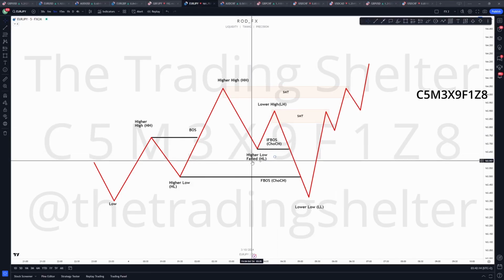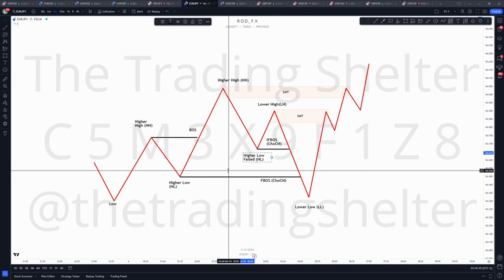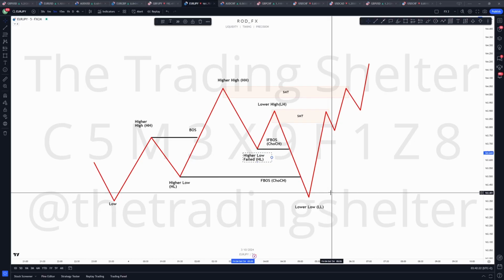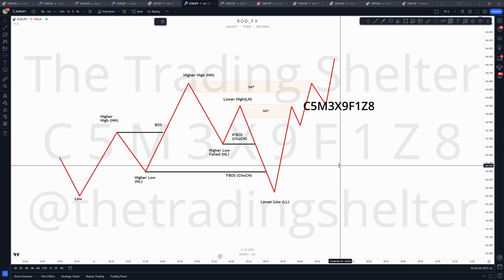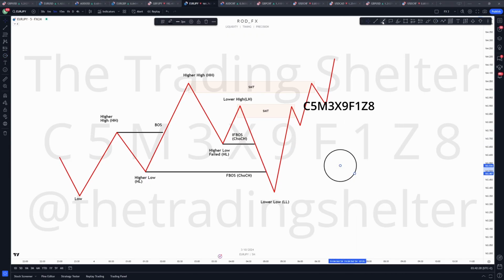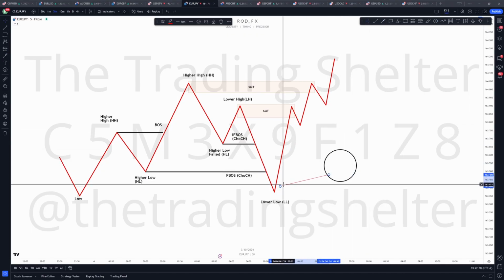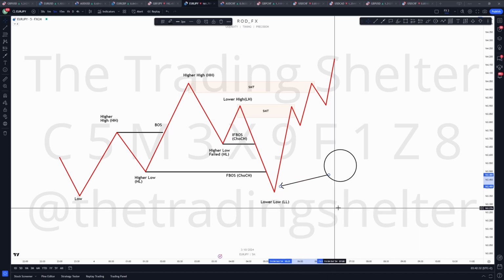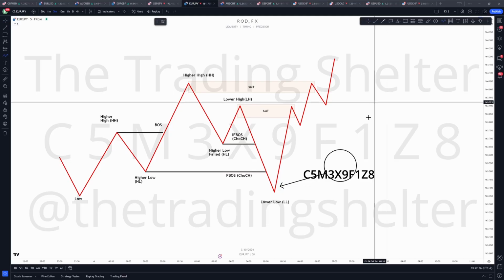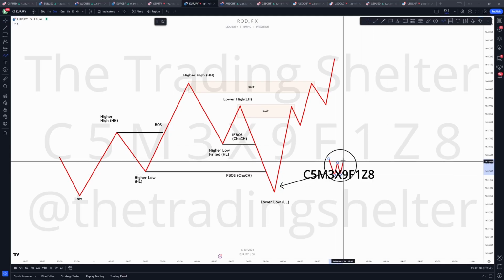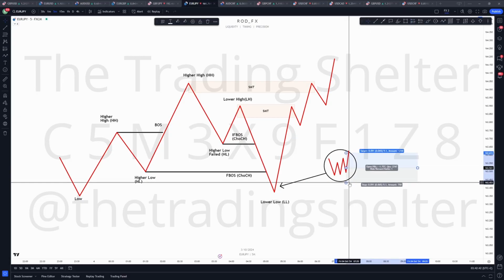What's confusing to me is that some people are mixed up between these two. And I think that you need to understand what an FBOS is. I think that a lot of members think that an FBOS is, correct me if I'm wrong, I think that some of you expect something on the lower time frame to take, let's say, a buy, right?